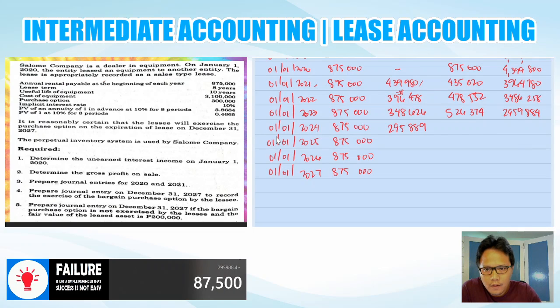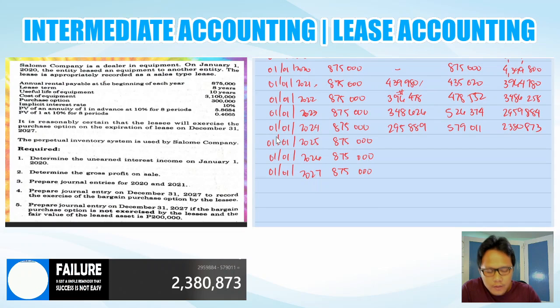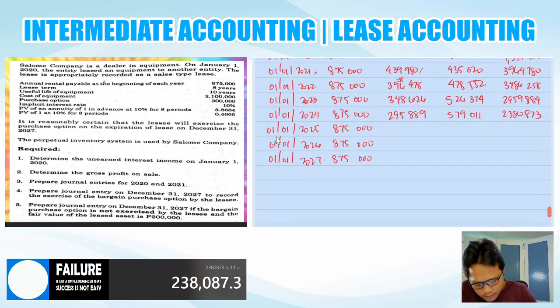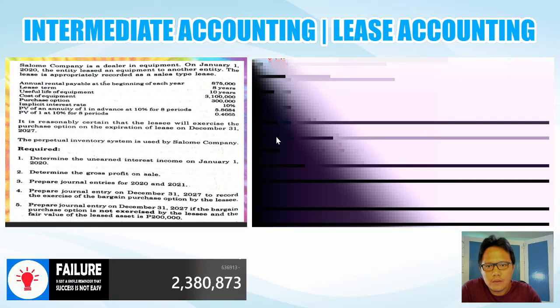less the applicable for the principal of 2,380,873 multiplied again by 10%. So we have 238,087, 636,913 less 2,380,873